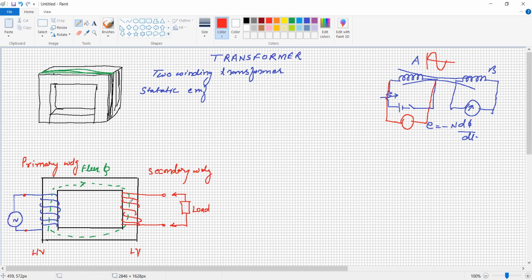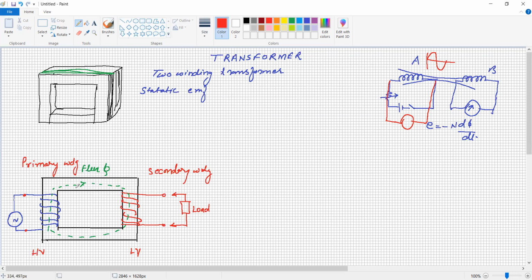to the load. And the second terminology we can use is HV winding and LV winding, which depends upon the voltage level and the number of turns in the primary winding and secondary winding. The more the number of turns, the more the voltage. That is called the HV winding, and the smaller number of turns is the low voltage winding. How is it going to occur? We will see one by one how the voltage is going to change with respect to the number